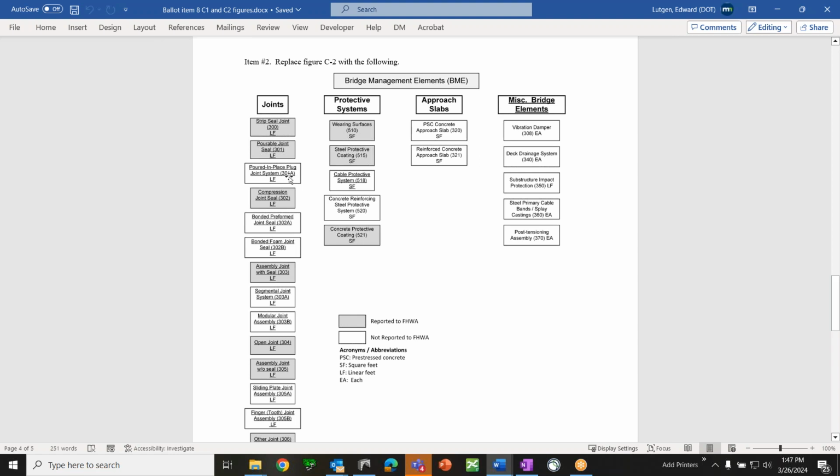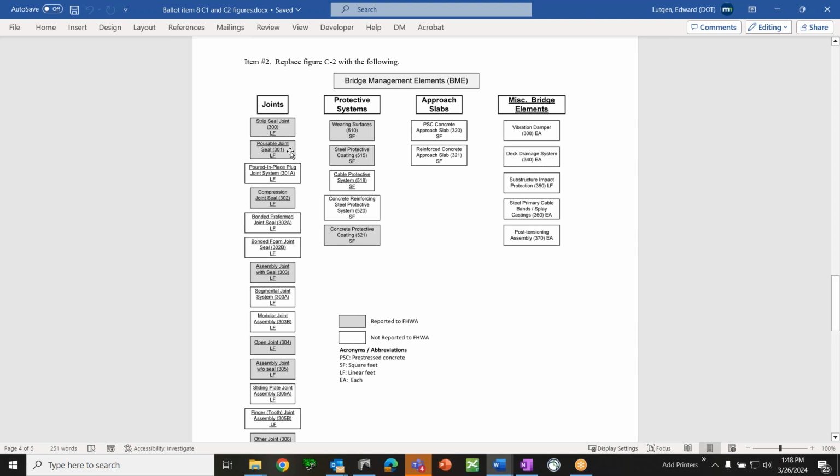So you notice that we had to use 301A. What states would do, if they wanted to, is separate their 301s from the 301As. For their purposes, they would collect information on 301A, because we provided a good and clear picture of what a 301A looks like and what a 301 looks like. But then there is a reporting 301 data. It kind of has a parent-child relationship where a 301A would roll up into a 301. And so as you're reporting data to the Federal Highway, you would report your 301 and 301A all in the